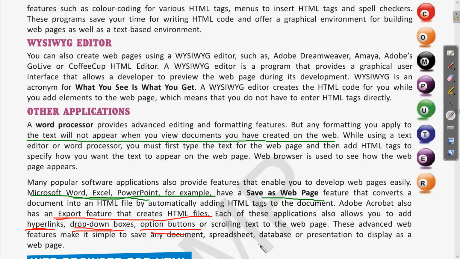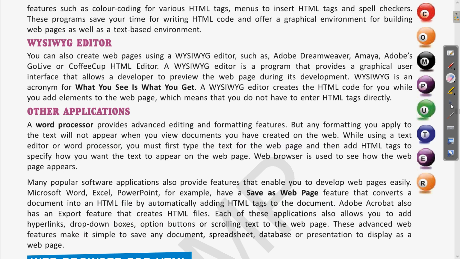If we have any table in Excel, any PowerPoint slide, or any database, these can all be saved in the form of web pages using the save as feature of that software, where we can save the document in web page format. Okay, so these were the different applications using which we can save a document in web page format.